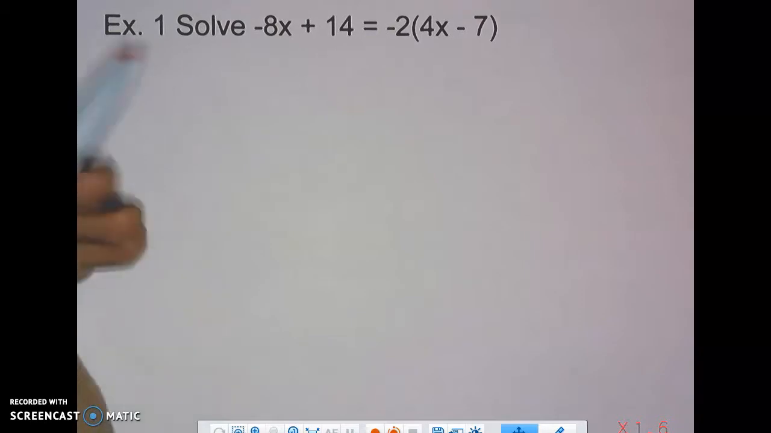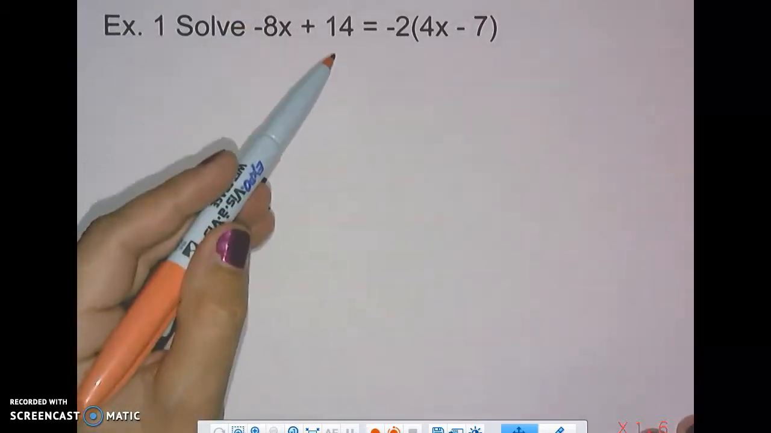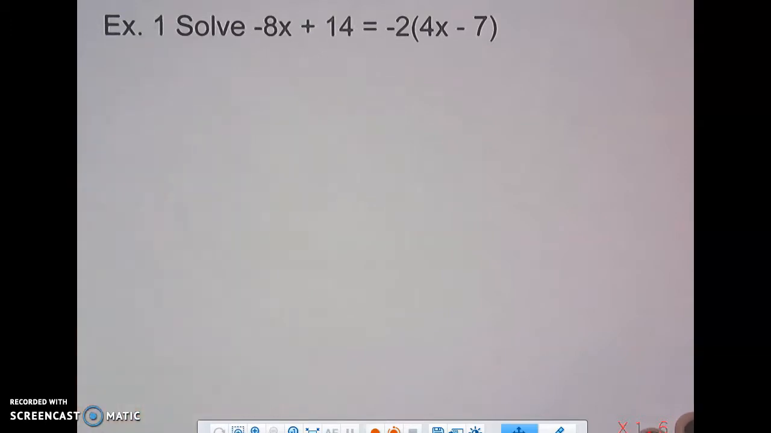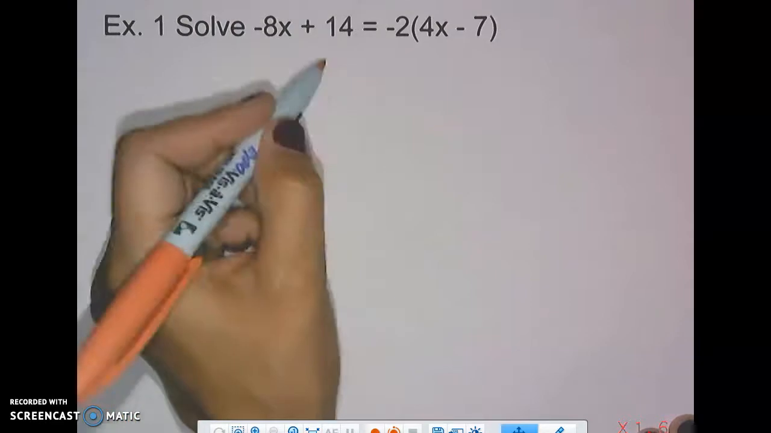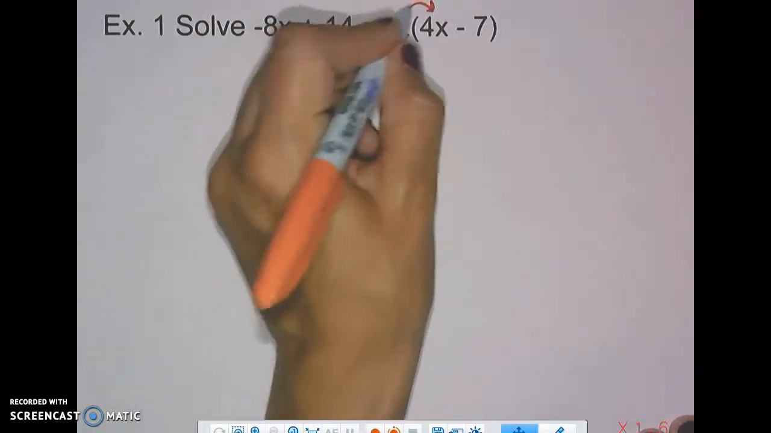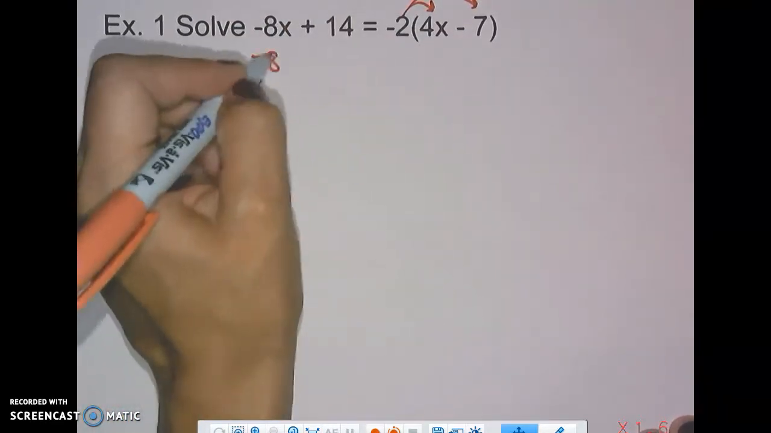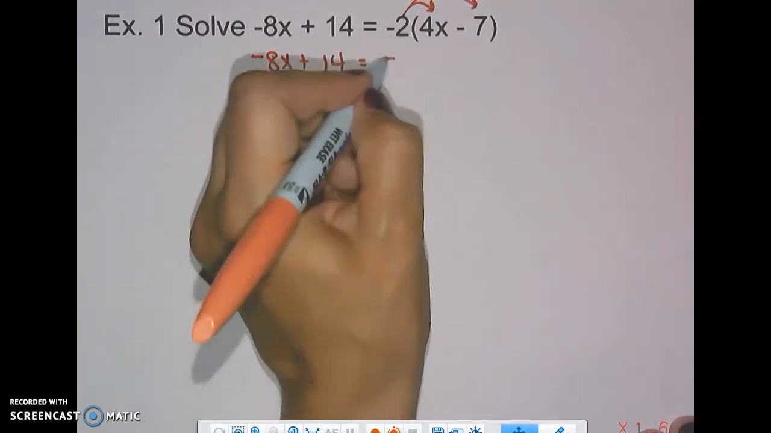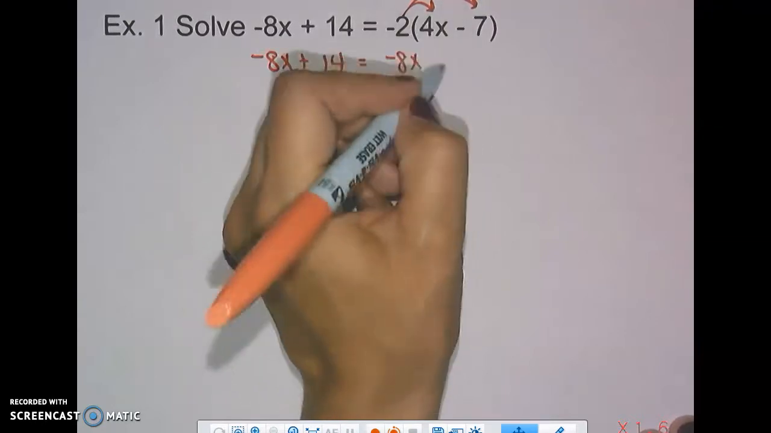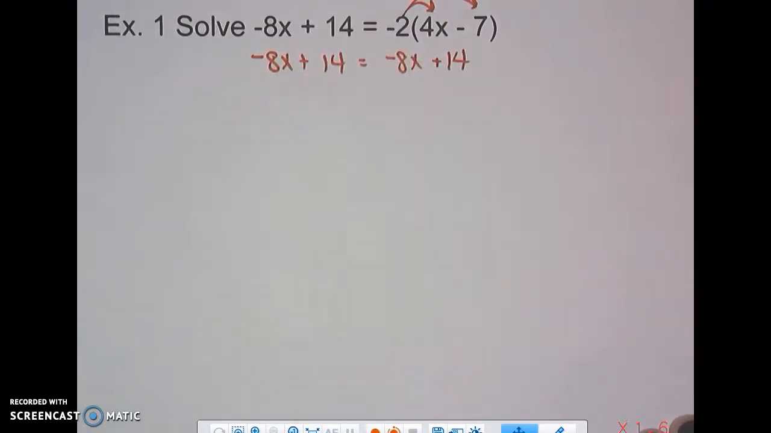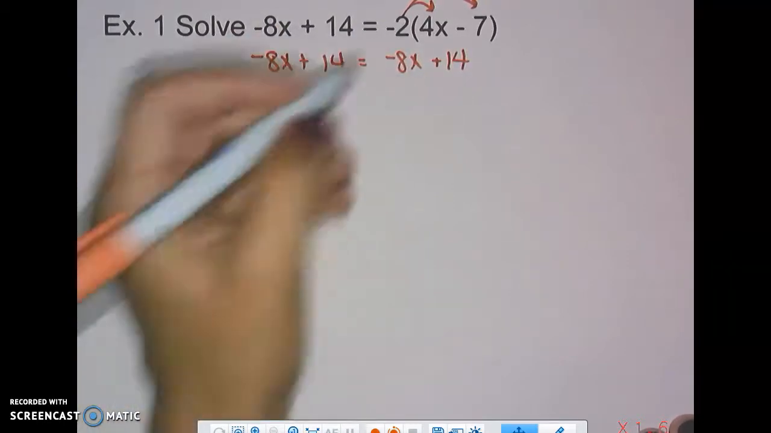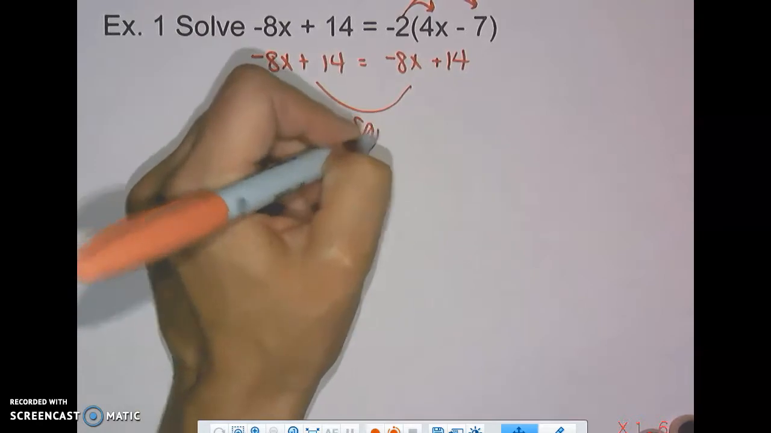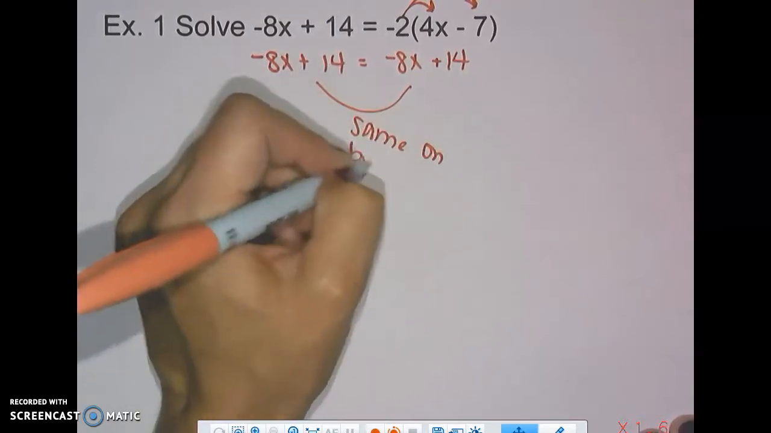Alright, so we're going to solve the equation negative 8x plus 14 equals negative 2 times the quantity 4x minus 7. So our first step in solving this, there's nothing to do on the left-hand side, is to distribute that negative 2 in. And in doing that, negative 2 times 4x is negative 8x, and negative 2 times negative 7 is a positive 14. So we could keep going if we wanted, but if we notice here, negative 8x plus 14 equals negative 8x plus 14. Since these are the same on both sides,